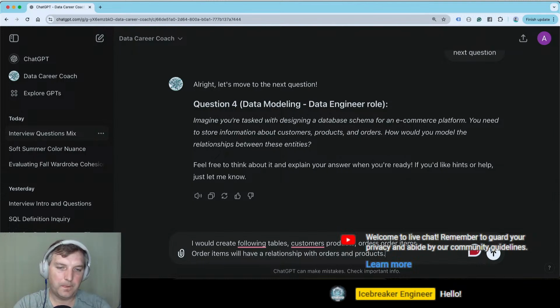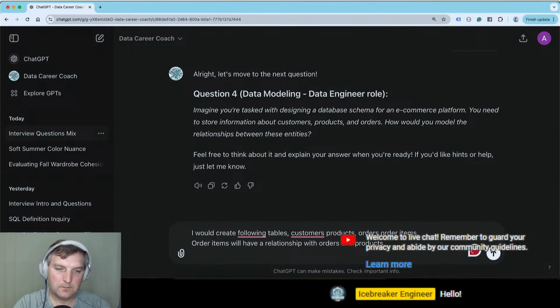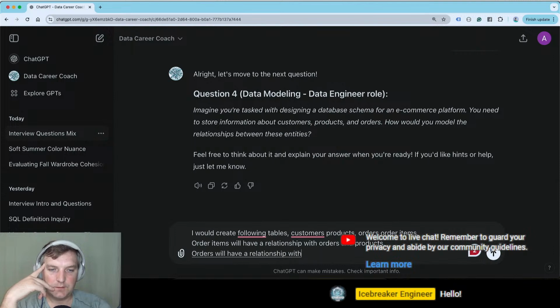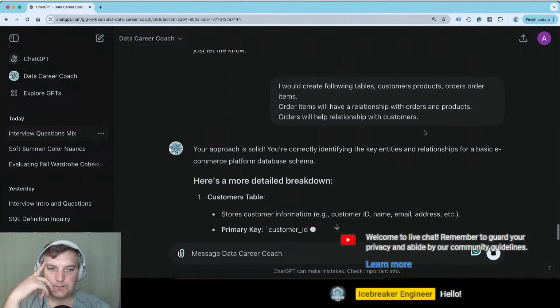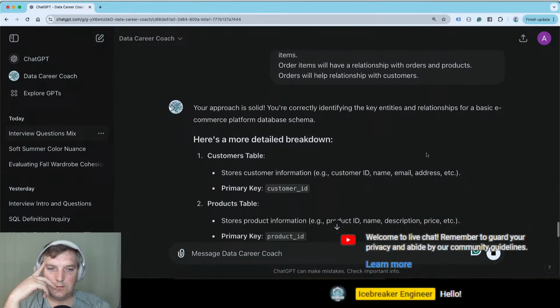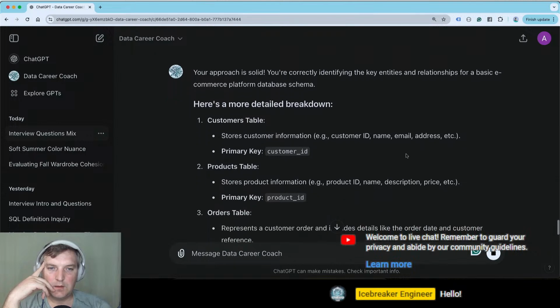Orders will have a relationship with customers. I'm going very simple on this one. I'm not going into the details. Customer table, primary key.